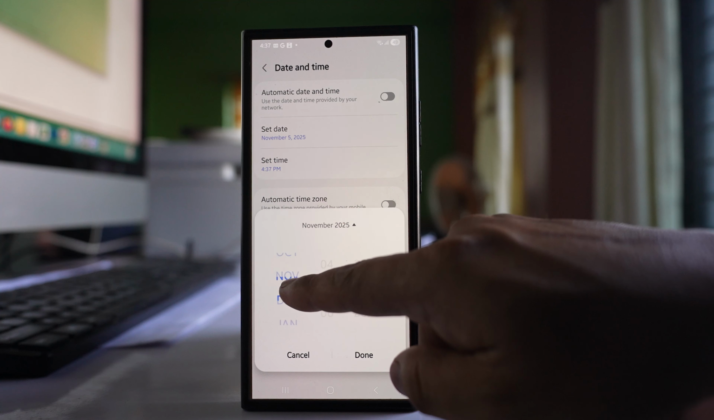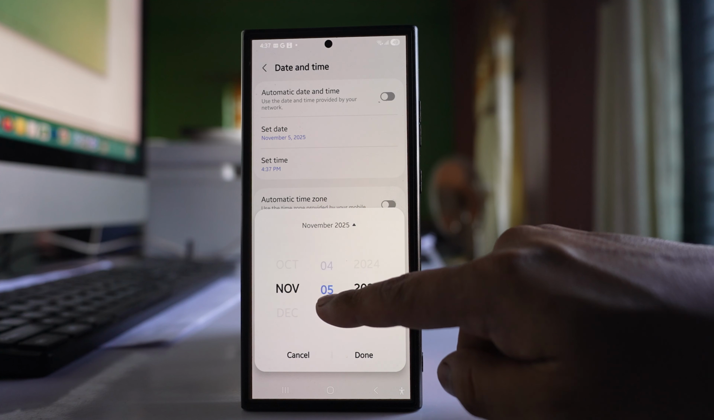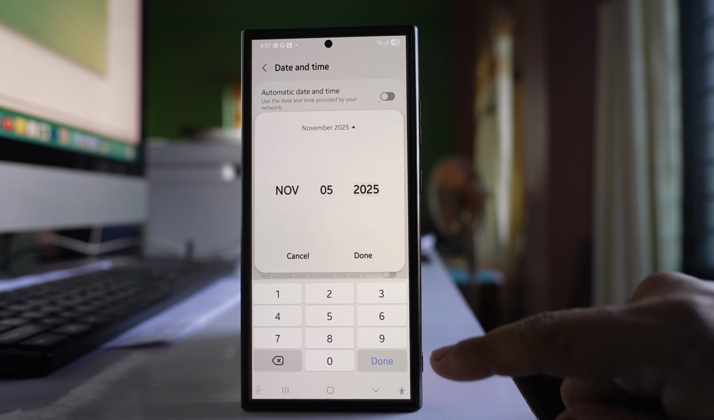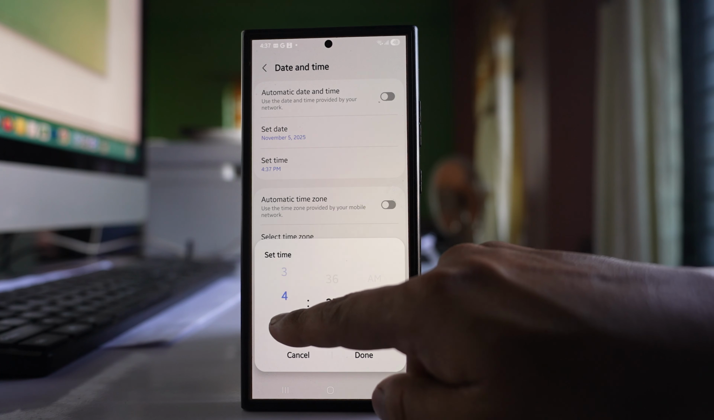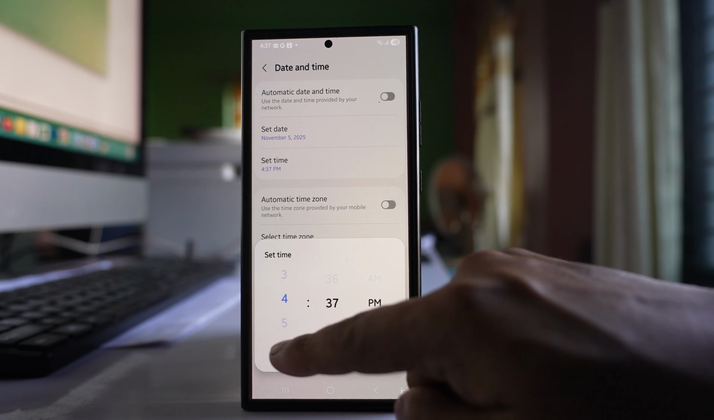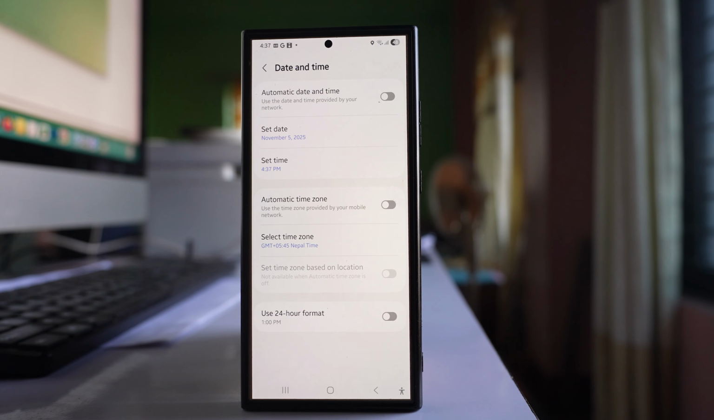From here you can change month, date and year. Select done, select this option, set time, and from here you can change the time. After that, done. Now if you want to set the time zone automatically according to the mobile network provider, enable